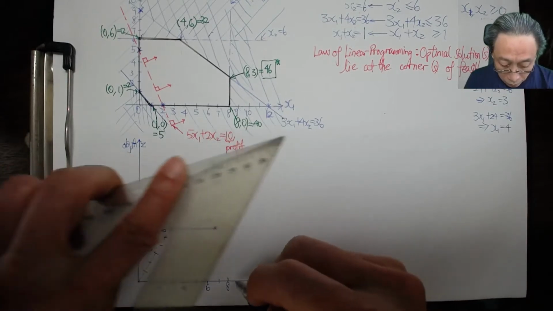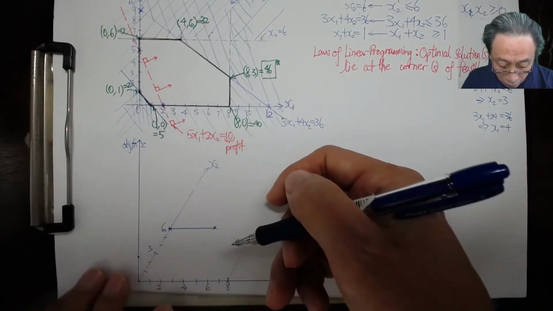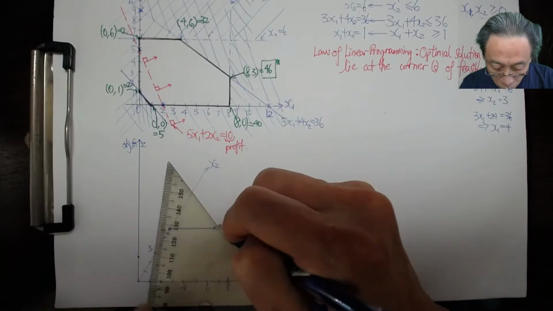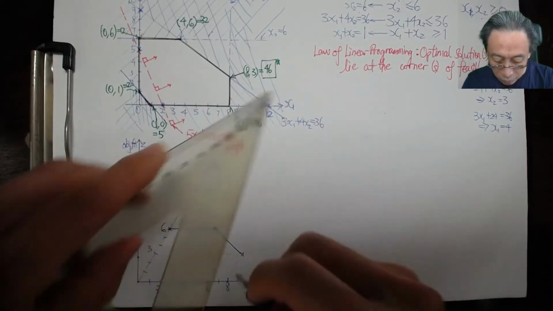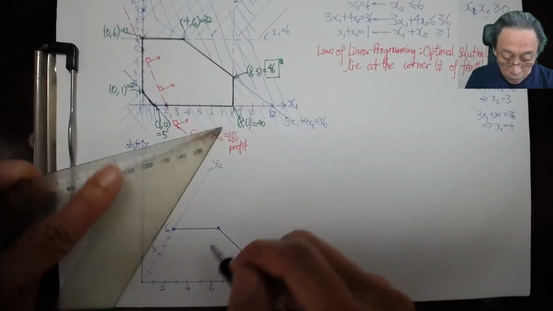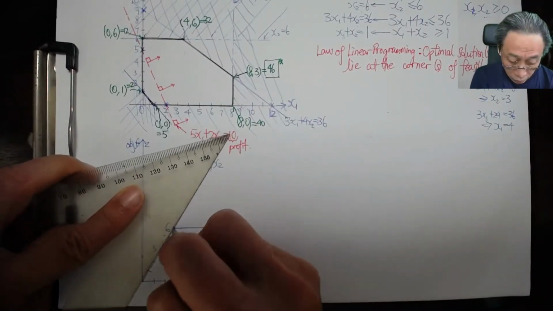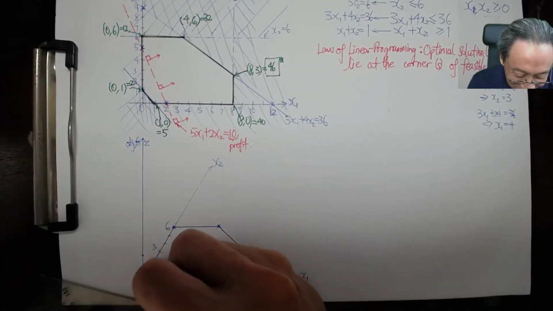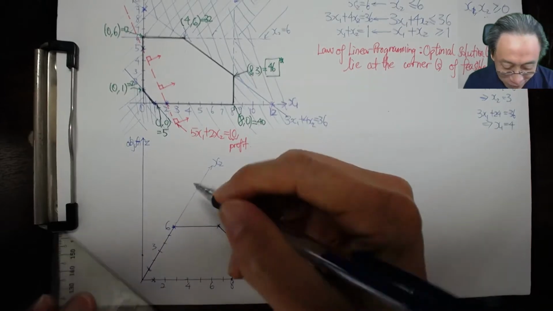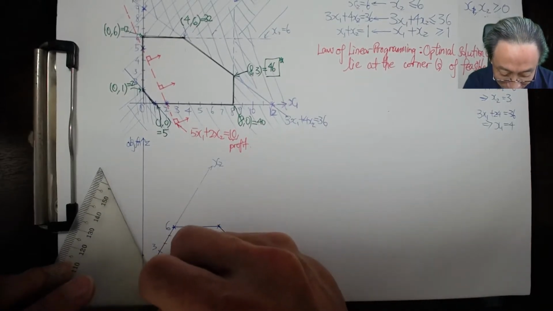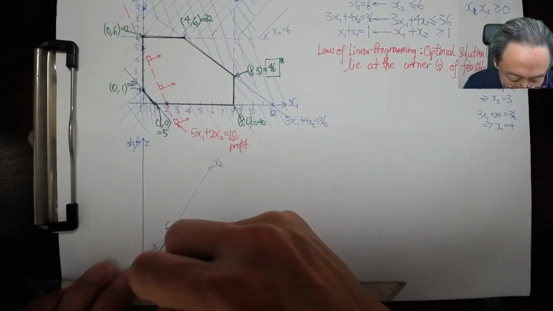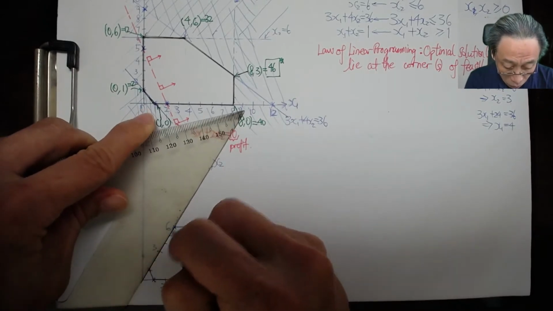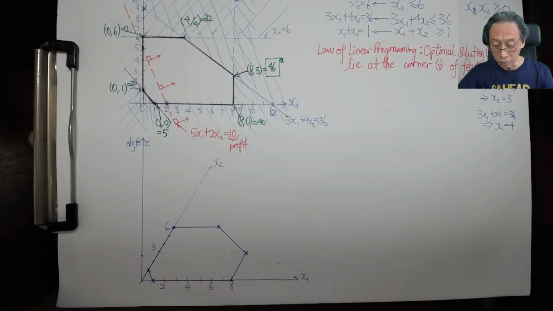So 3, something like that, and 8 over here. So we'll join these 2 points together and basically tilt the entire feasible region to the planar form in this case. Oh, we need 0,1 over here and 1,0. So we also need to have this. Okay, so now the whole hexagon, well, not exactly a uniform hexagon, but the 6-corner polygon is being tilted down